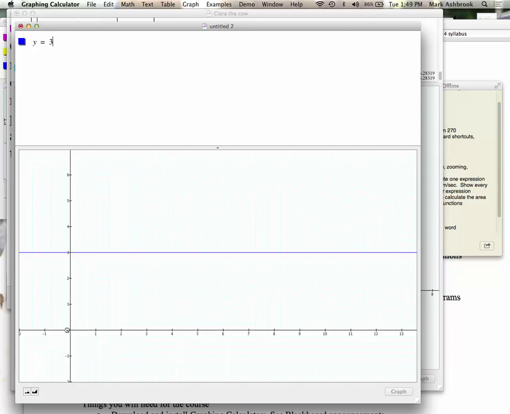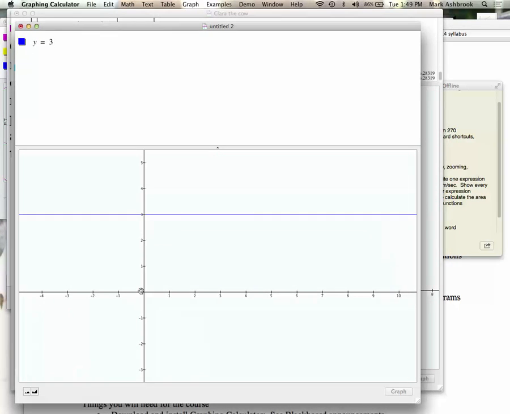Okay, and then to start a new command line, you're going to do command return on a Mac, and I think it's control return on PC, and it gives you a new command line. So that's crucial. We've got to know how to make new command lines. Okay, everyone be able to do it? All right, so let's do, say, x equals 2.